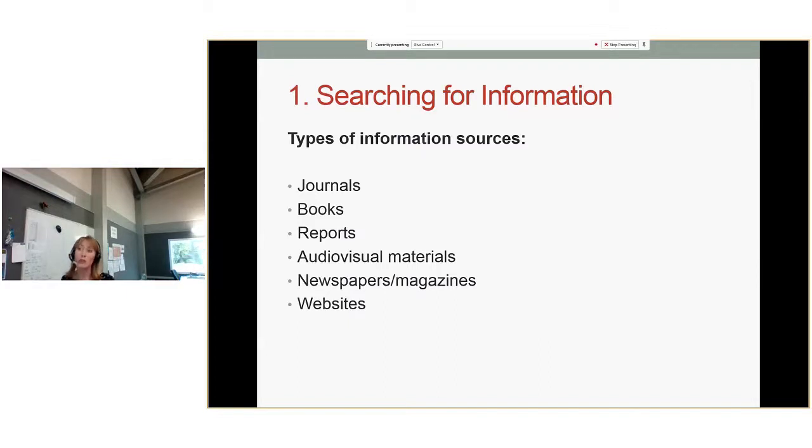But the same also goes for things like journals. So journal articles tend to be the gold standard in academic writing. Books can be great, but when it comes to quality, they're not held as highly in regard as journal articles. But having said that, not all journal articles are made equal. Just be aware that there are journals out there that are not peer-reviewed. So what we're looking for is peer-reviewed journal articles.